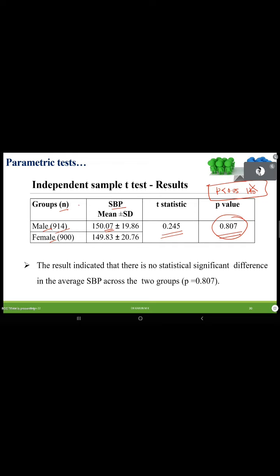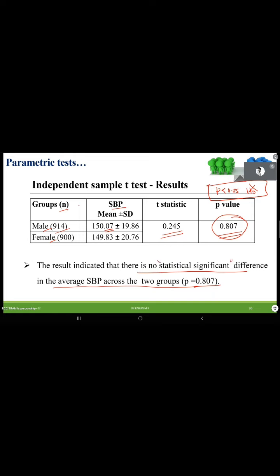Accept the null hypothesis. Yeah, whenever p is less than 0.05, we will reject. If it is greater than 0.05, our value what we observed is 0.807, so it is greater than 0.05, so we are accepting the hypothesis. Our inference is that there is no statistically significant difference in the average SBP between males and females. So whenever we write a statement, we should support the statement with the p value. You should write within the same sentence, inside the bracket, p is equal to this much. That's why I use the term statistically significant.